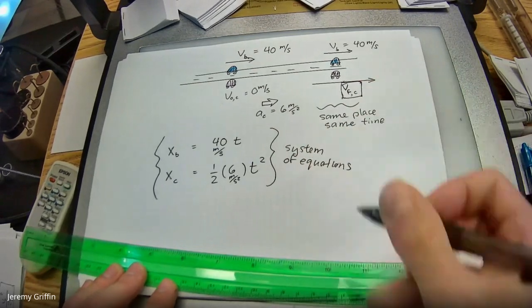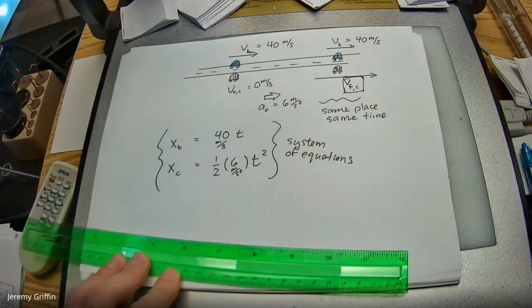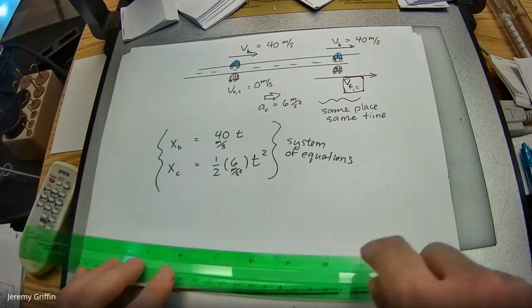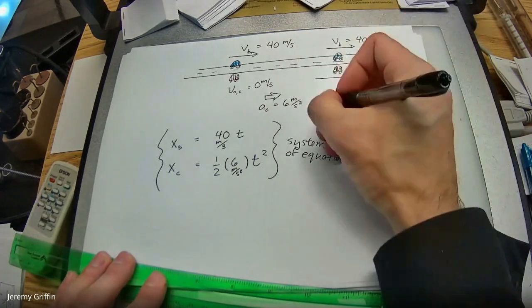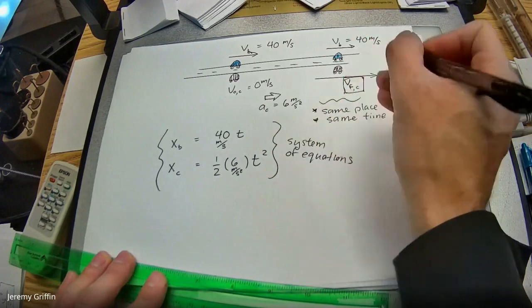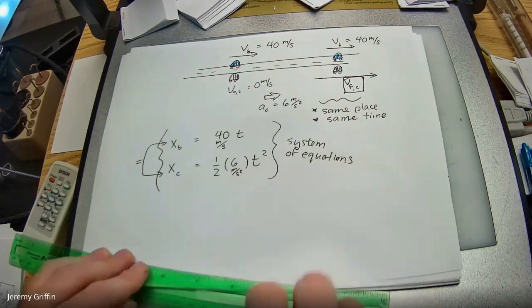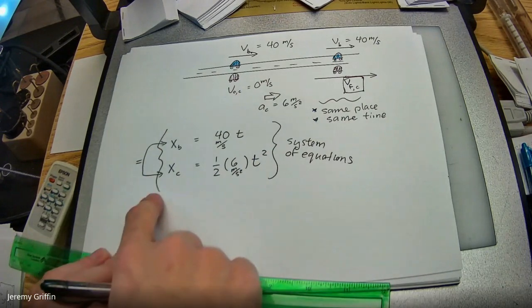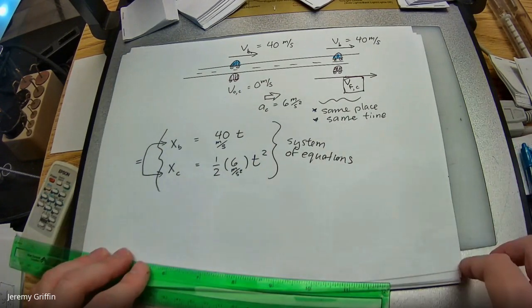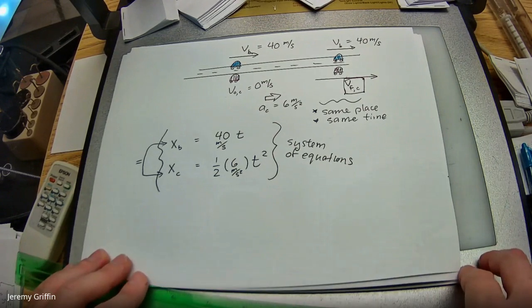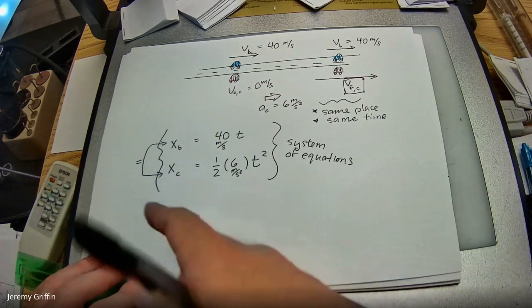So they each have a position equation as a function of time. Now remember back to this right here. If they're at the same place, same time, does that mean I can just take these two and set them equal to each other? Because that would be at the same place, wouldn't it? And I could just solve for the time that happens. You guys see that? Okay. You guys able to stay a step ahead of me for each of these steps? Okay, so I'll do that.